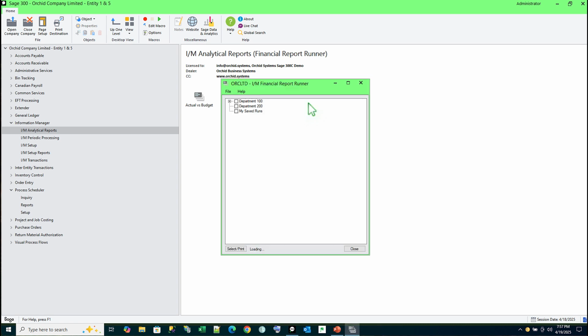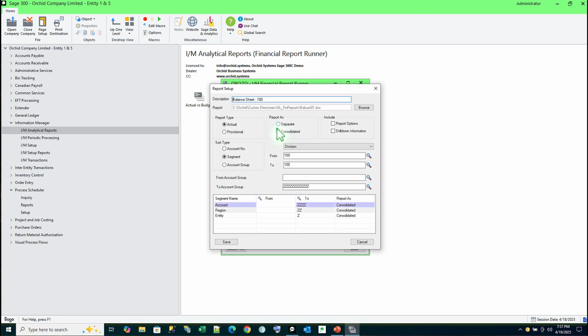Similarly, for the GL Financial Report Runner, you create groups, right-hand mouse button, you add a group, and then within a group you add a report. And when you add a report, this time you're adding GL Financial Reports. So the XLSX with the associated financial report spec in them. You would pre-answer the way you run that report, in this case for Division 100,